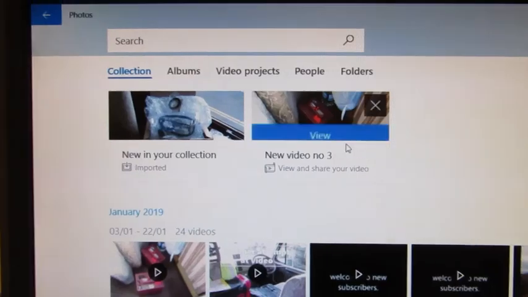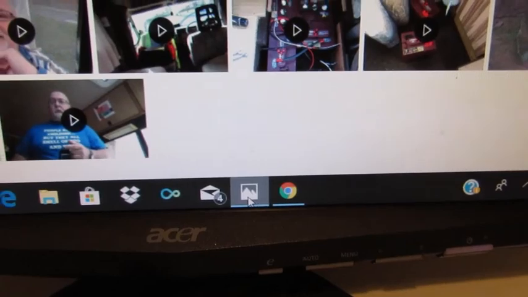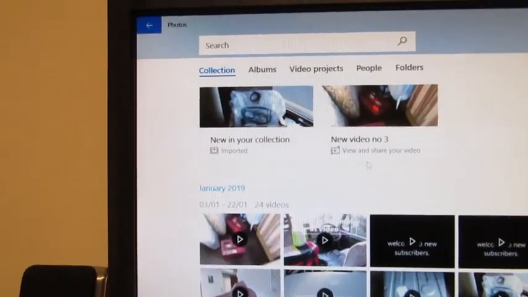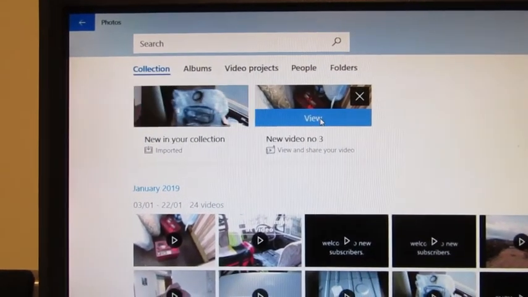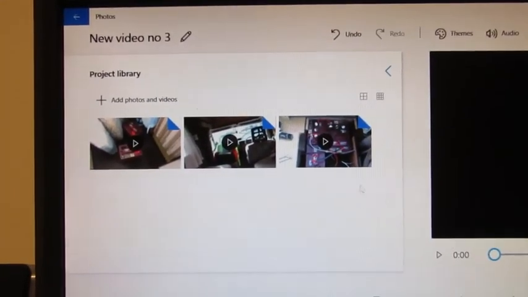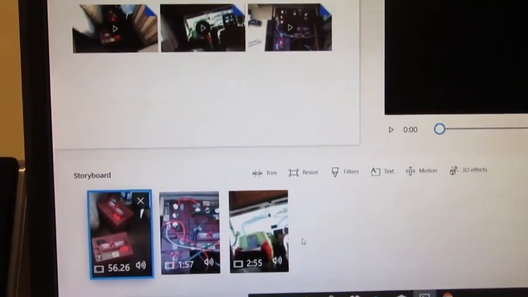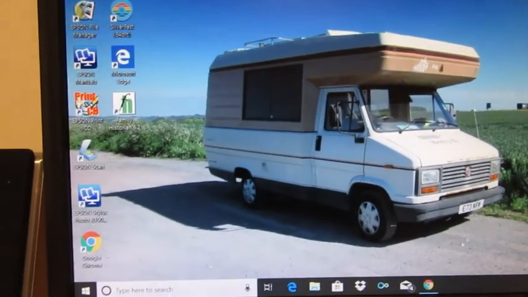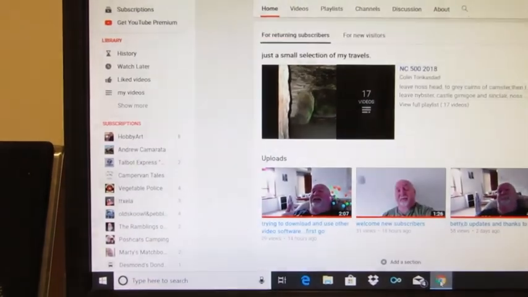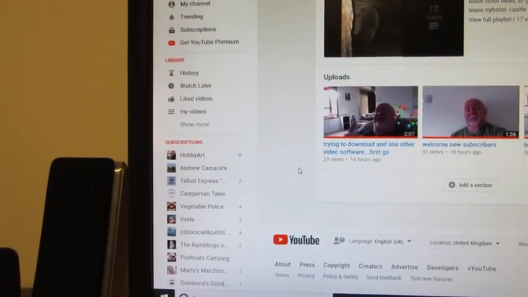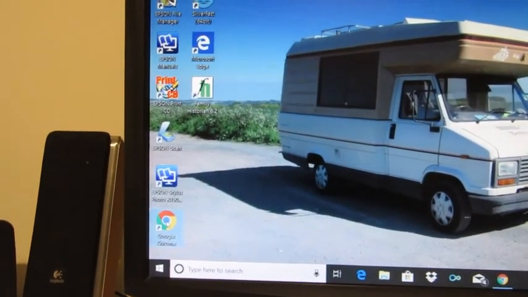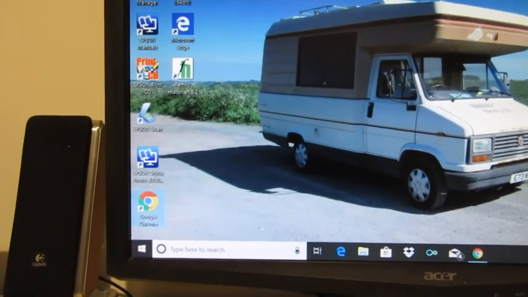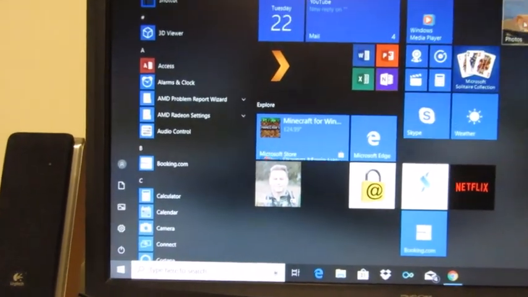Up on the top of the photos thing, which is this little icon down here, that little photos icon, you'll see new in your collection, which is this here, which you can view, and there's the new video there, which you can view. You can pop that there, and then that clicks back to there because I haven't deleted it, if you understand. So there you go, I can delete that now, come back up here, let me see, I don't want that, click onto there, come on, oops, the wrong one. Click on the photos,